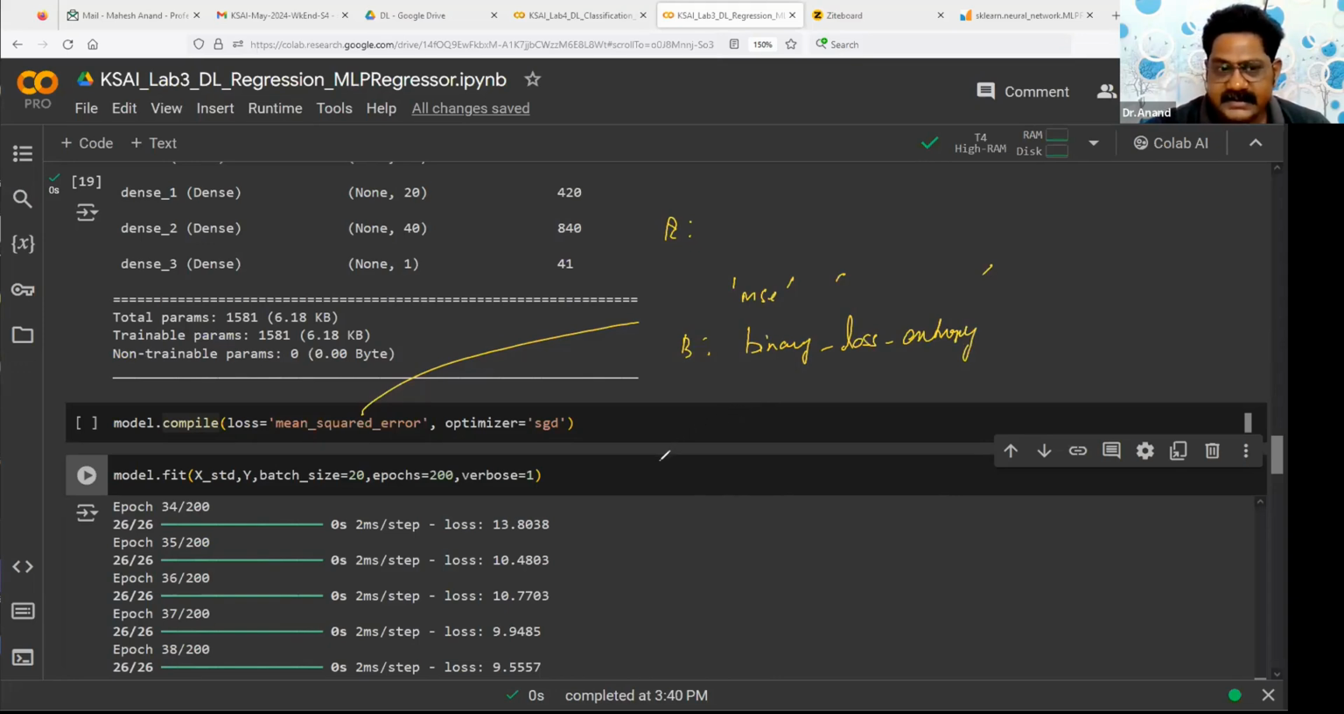For multi-class, it is categorical cross entropy. So it's binary cross entropy and categorical cross entropy. Optimizer,